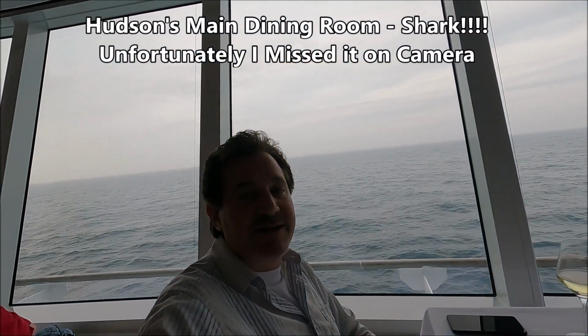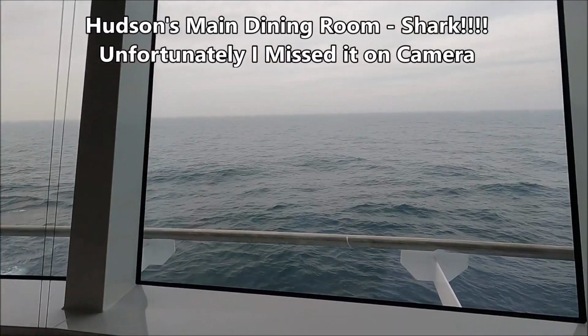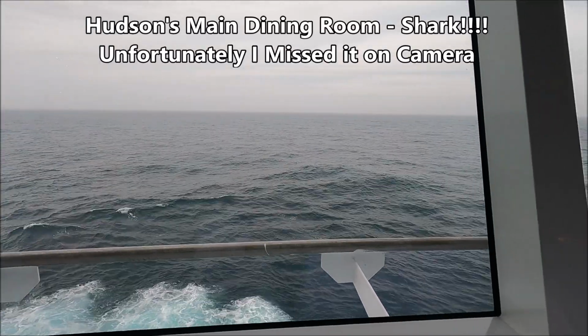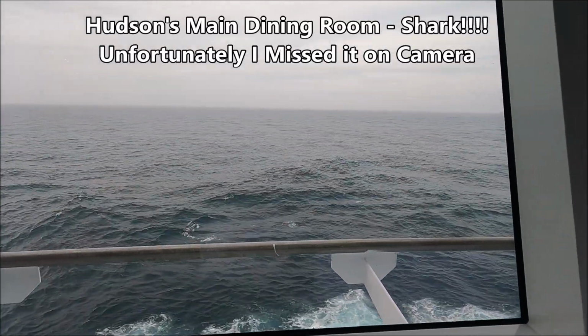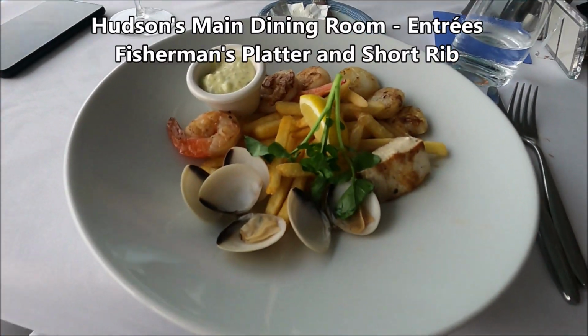So we're eating at Hudson's here, and we got this beautiful view of the ocean, and we just saw a shark swimming by. He's off in the distance now, but it was pretty cool. You saw the fin and the tail fin. So it was awesome. I got the fisherman's platter,